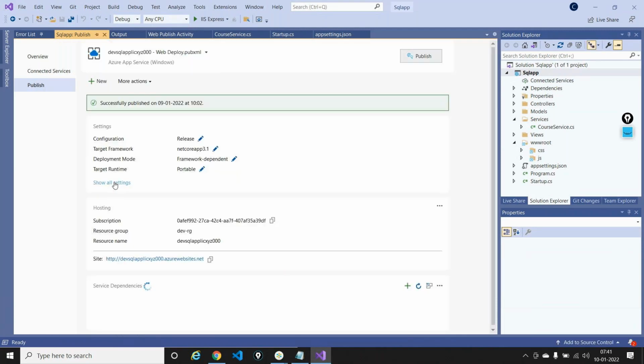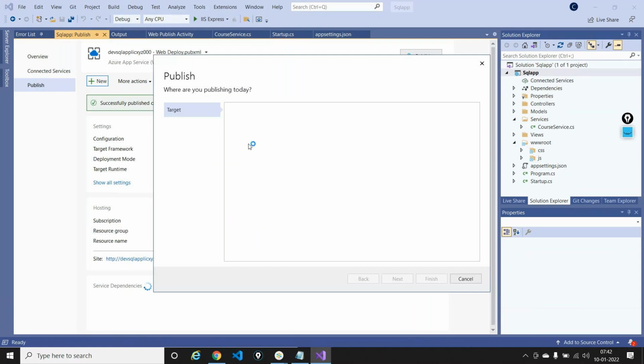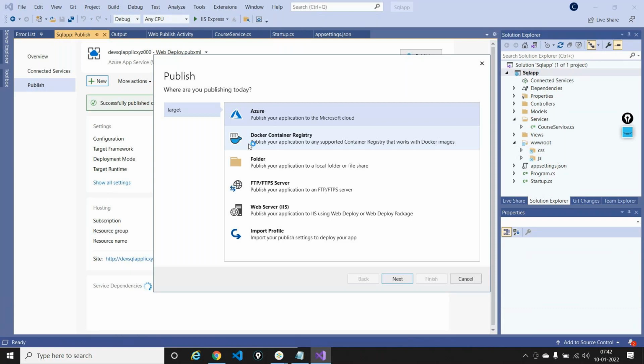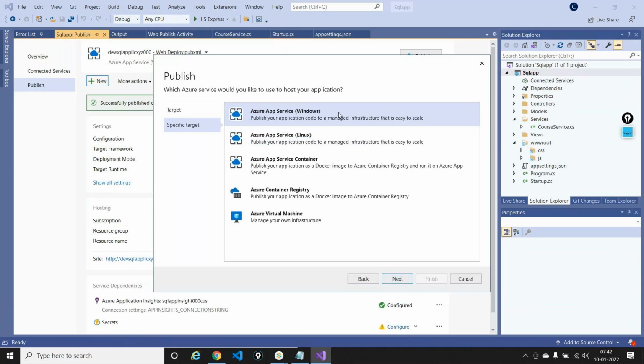So this is what I get, but in your case, you'll get something like this page wherein it'll ask you where do you want to publish and everything. And I'll just select the publishing target as Azure, and I'll select that the publishing target is an Azure web app running on Windows, because that's what I created. So I'll just say next,